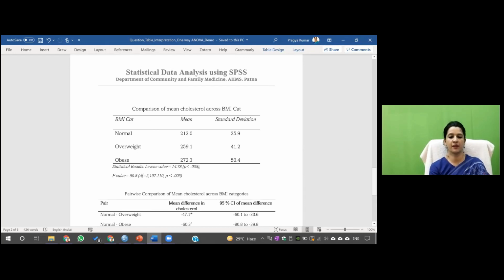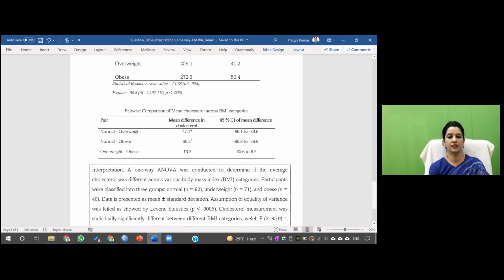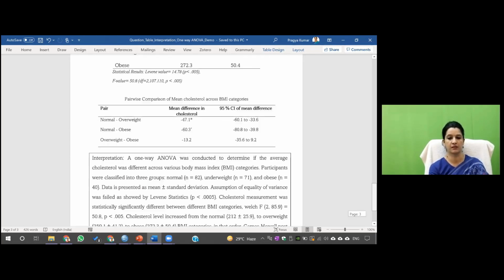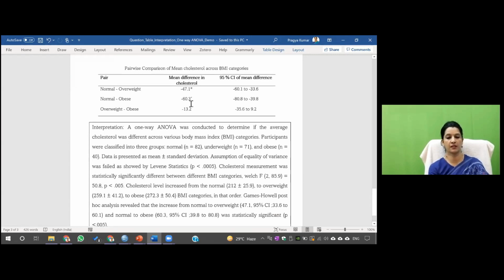This is the same across cholesterol. You can see that for cholesterol, again, please remember to just reverse the sign. I'll do it, maybe not now, but while you are in the breakout room, I'll change this. This is again the same. Here you can see that all the groups are significant, so that's why the star mark is in both. There are two groups where there is a star mark.